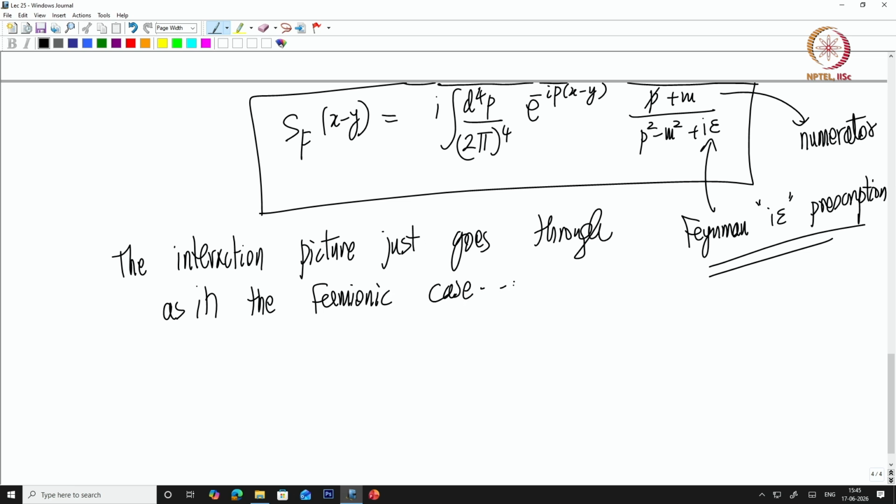You have the Dyson series, and then you impose Wick's theorem, and you do the contractions exactly the same way, and you end up having the S matrix and the LSZ reduction rule to compute the S matrix elements. The only difference between the bosonic case and fermionic case is one major difference,